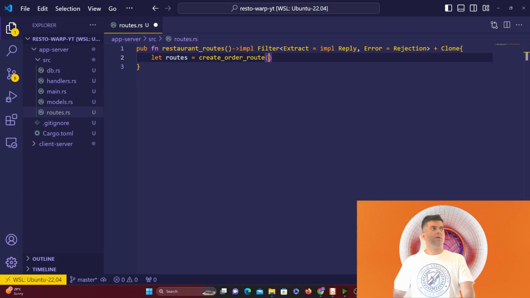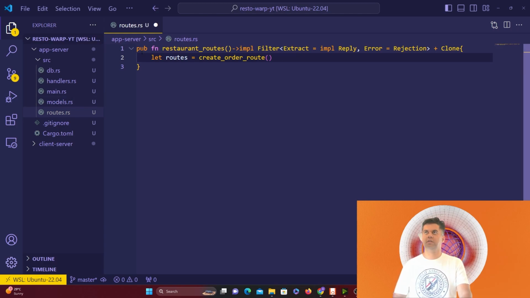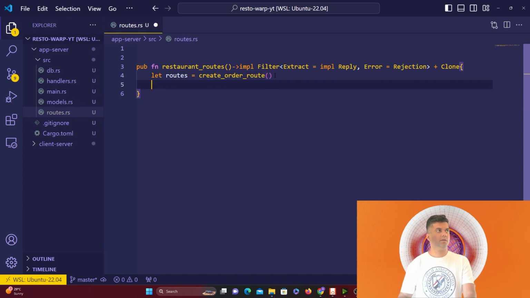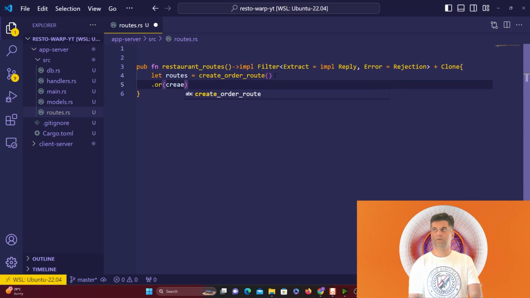So we're going to have all the route functions that we'll create here on top of this, obviously, and here I'll have dot or create table route,